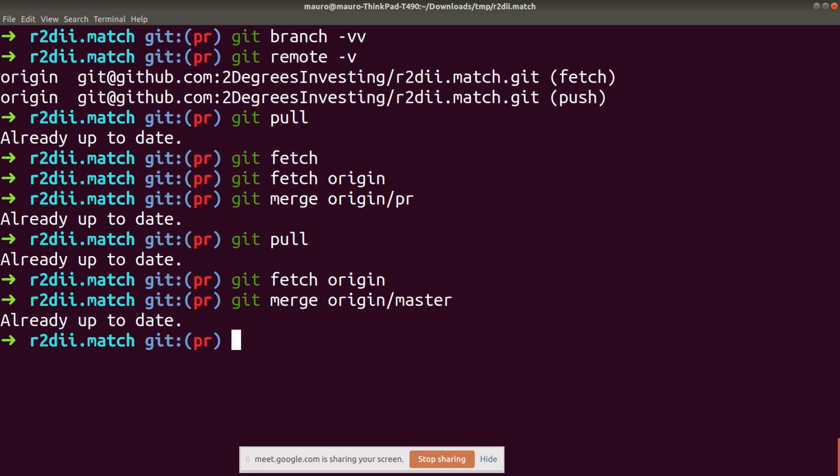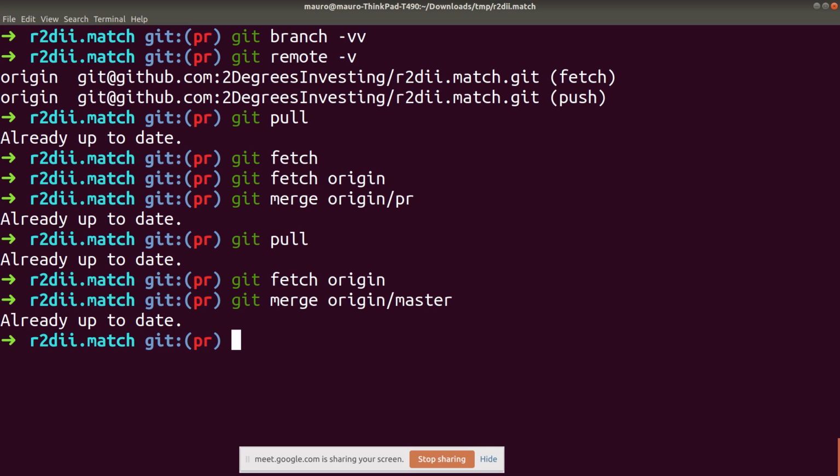If your PR is never updated against master on the remote, what will happen very likely is that by the time you actually want to merge your PR, it's going to be too far behind the actual master on the remote. And then you have to deal with merge conflicts. It's easier to fix the merge conflicts as early as possible if there are any, and this is the way to keep in sync. So you git pull to update your branch, and you git fetch and merge origin master to get the changes